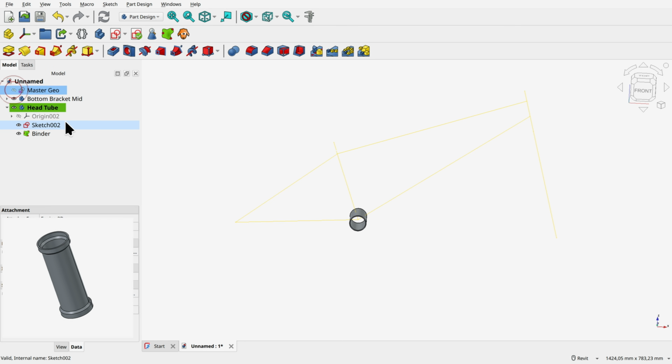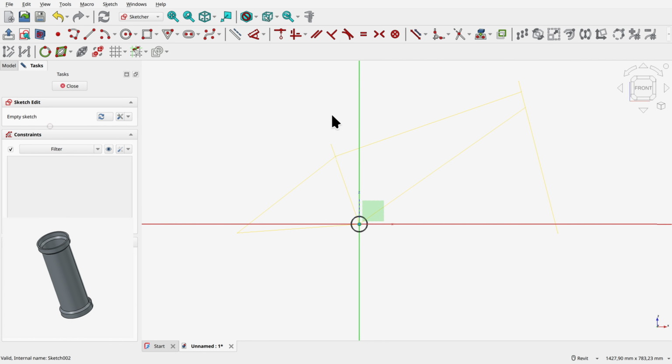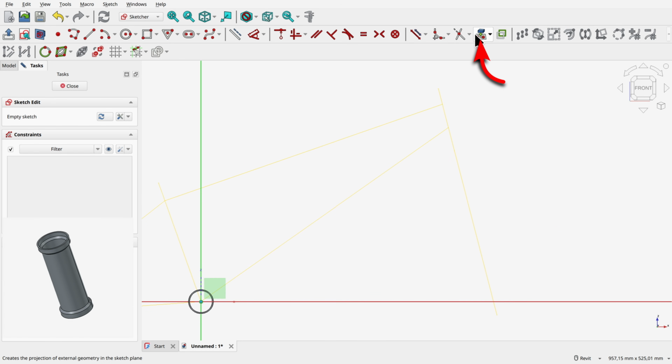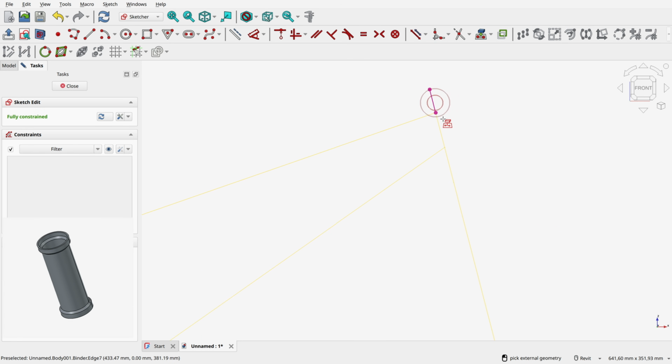So you can go back to editing sketch 2 by double-clicking on it. Now, using the external geometry tool, we can project the three lines of the head tube by simply clicking on them. To create this tube, we'll use a revolve operation, with the purple line as the rotation axis. We only need to draw the profile of the head tube on one side and the revolve will create the